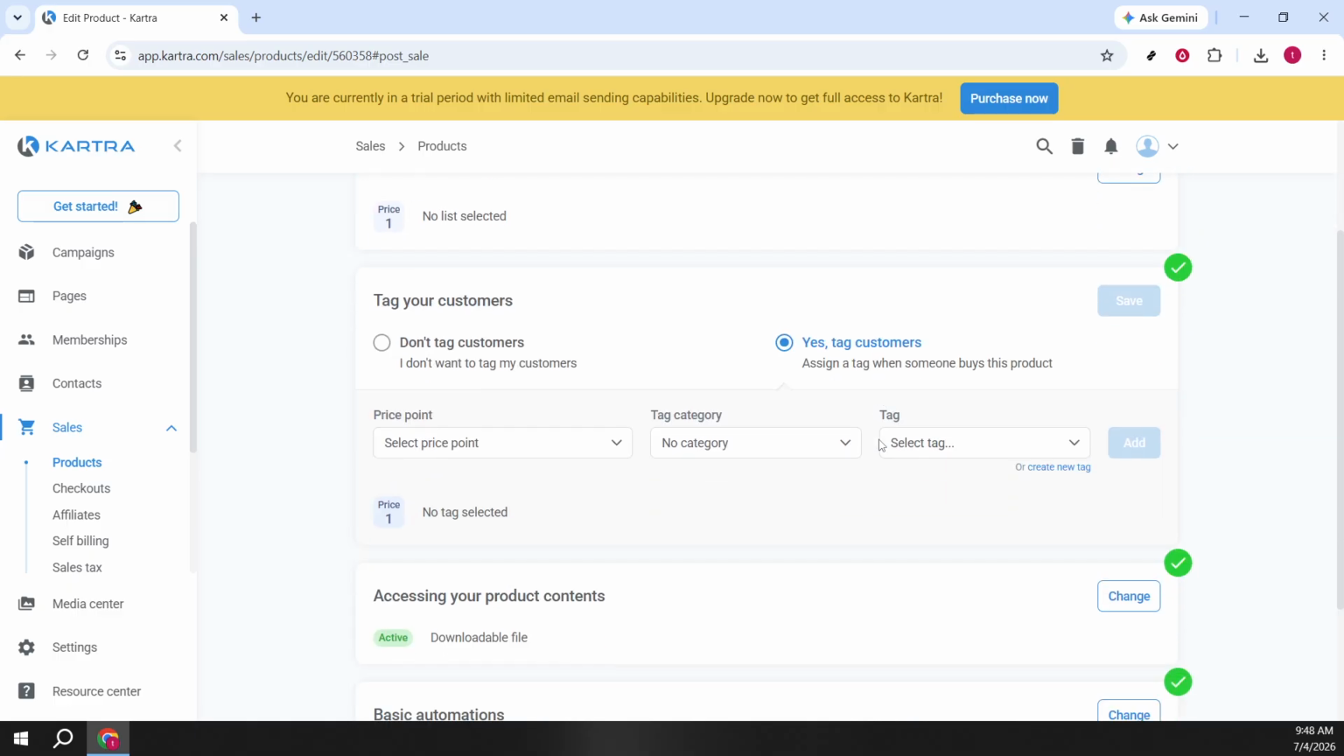Next, select the price point. This is important if your product has multiple prices or payment plans. It lets you apply tags only when a particular price point is purchased, keeping your segmentation clean and your upsell triggers accurate. Then choose the tag category to keep your account organized and select the specific tag you want applied